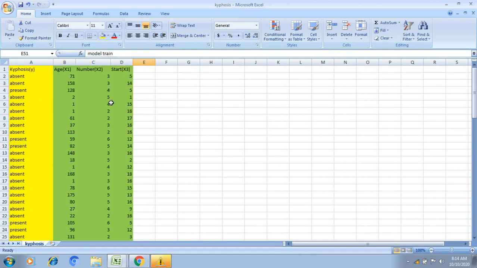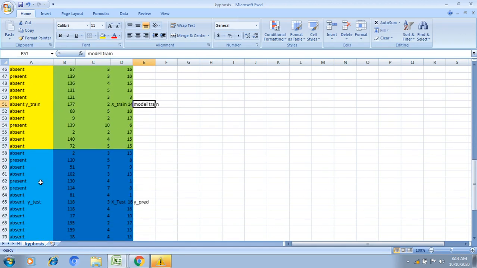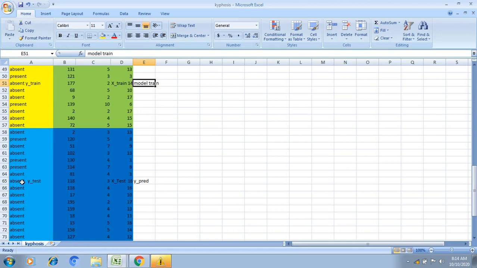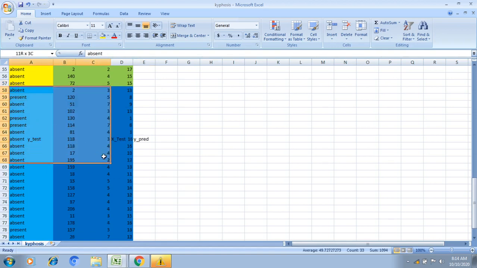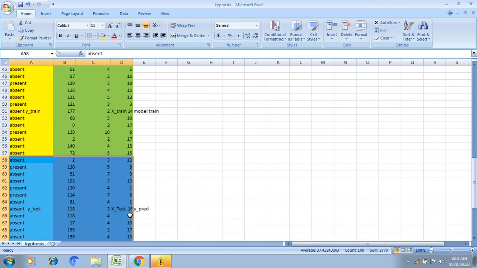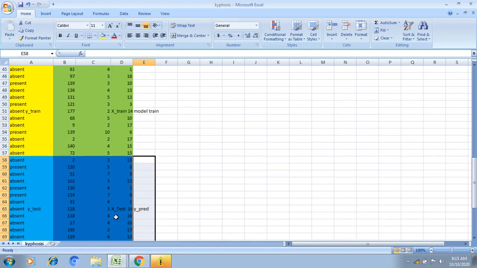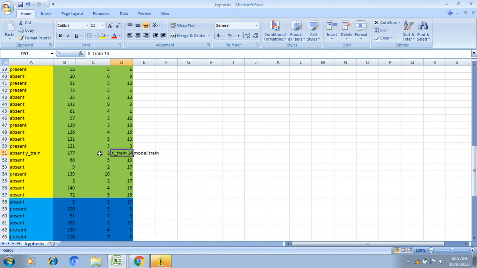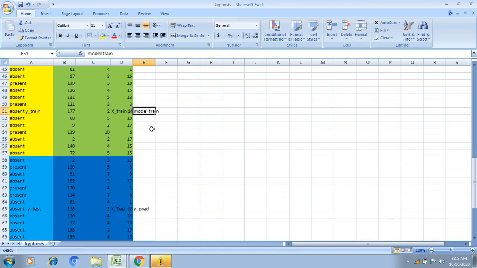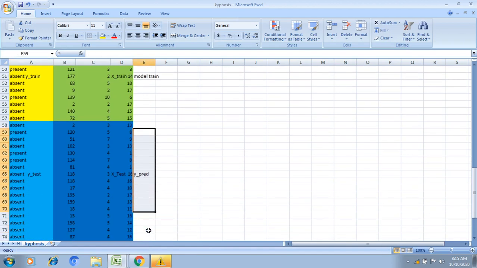To train the model, I'm dividing the data. If it is the x column, I'm representing it with x train. If it is the y column, I'm representing it with y train. Similarly, for the test data, the x column is x test and the y column is y test. This much I'm using to test our model accuracy. We need to pass the x test, then I will get the y prediction. Then we'll calculate the accuracy between the actual data and my prediction data. First we need to pass the x train and y train to train the model. Once the model is trained, we can pass the x test, get the y prediction, and calculate the accuracy.